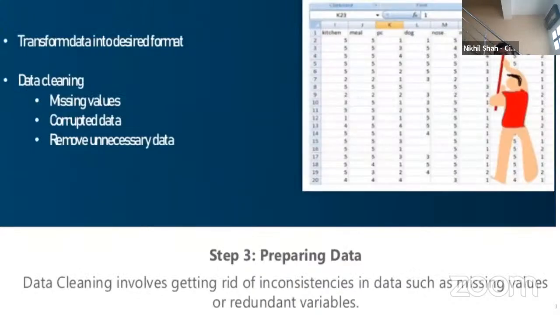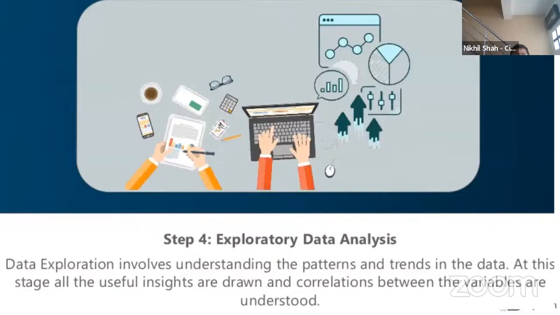The next thing is, let's say you collected the data. Now you find out if there is any data which needs to be corrected. For example, here there is some missing data. If you have missing data, you either remove the entire row completely, or you try to fix that data by taking average values and things like that. Once you have enough data, then you do EDA, exploratory data analysis. There is a data analysis term where you start trying to find the patterns and trends in the data, right?